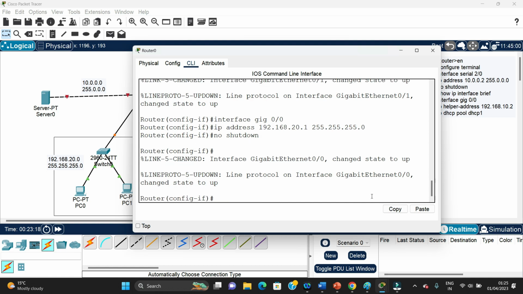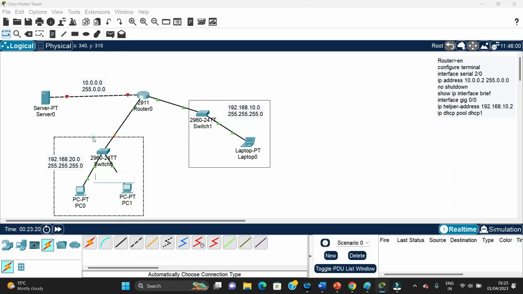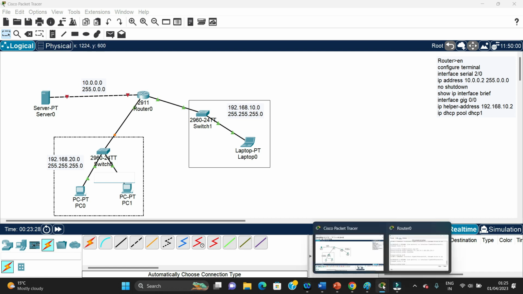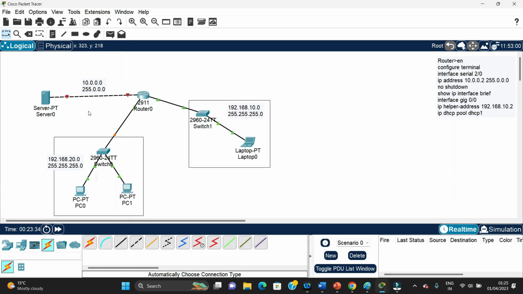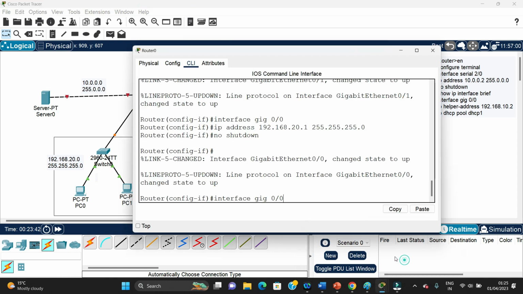This is done. So we have just configured that, which means we have shown how it is connected to this network, and we will do it for this one as well. So we'll go here and then we'll do the same thing. Before that we need to see which interface we have used here. This is Giga02. So you can write here,